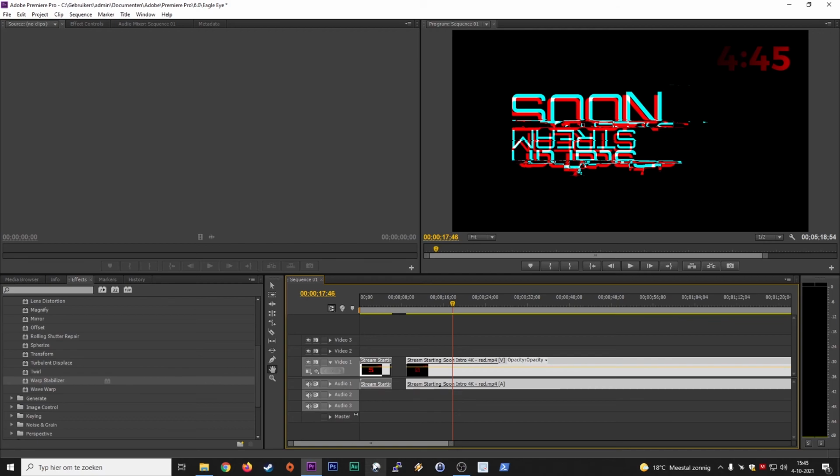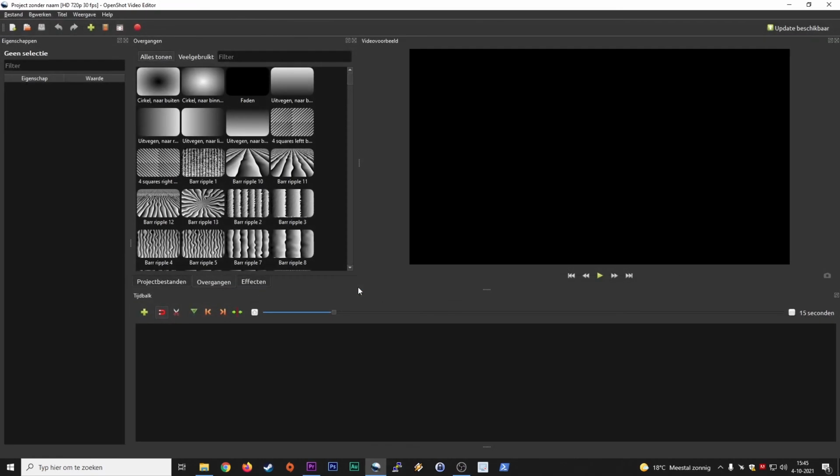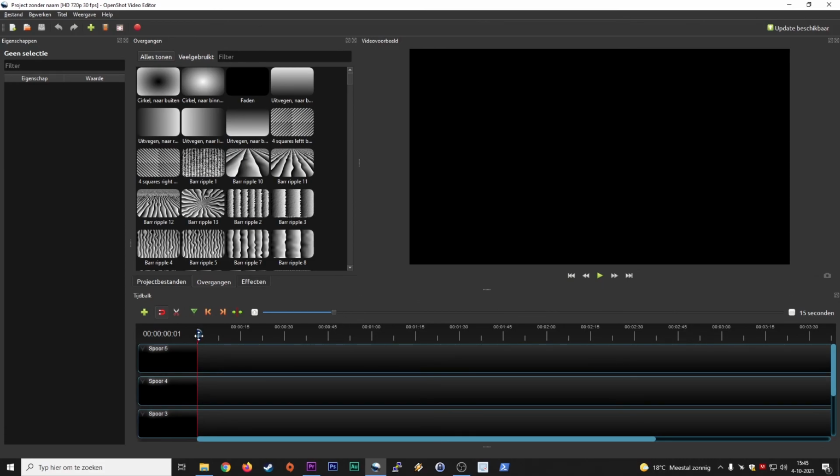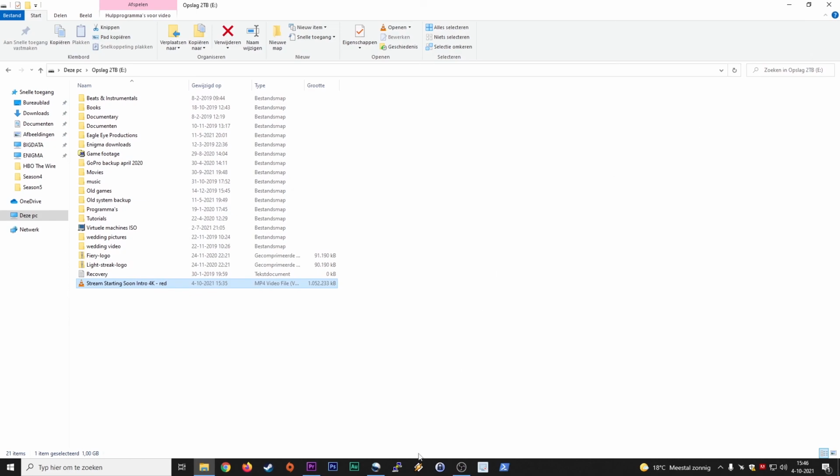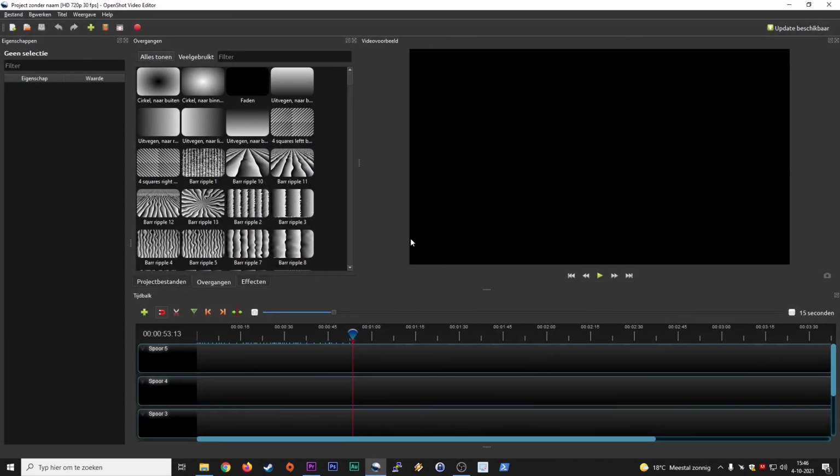Don't know why OpenShot doesn't load, but we'll try one more time. Here, this is way more basic. This is also open source. You can also use it for Windows. I'm now on Windows 10, I think you noticed that. But this is open source. It also has transitions and stuff you can use. Different tracks, which are like a layer. So you have a layer for audio, a layer for